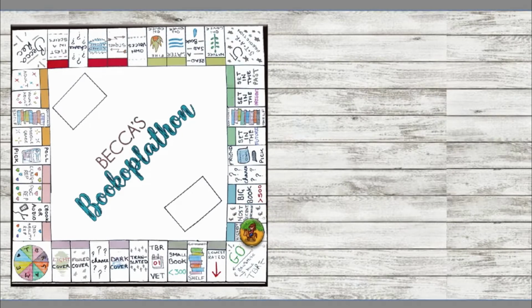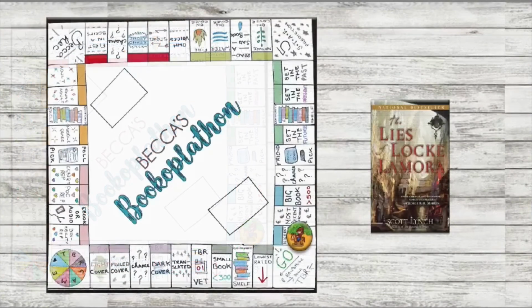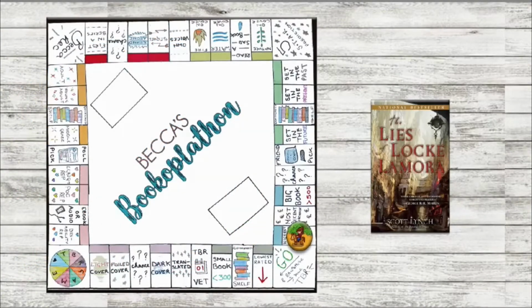Okay, so this is to read the highest rated book on my TBR. In this case, I'm going to go with my 2020 TBR. Oh, this is so bad. The highest rated book on my 2020 TBR is The Lies of Locke Lamora by Scott Lynch, and it's 752